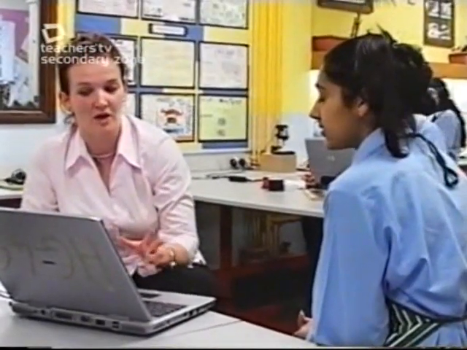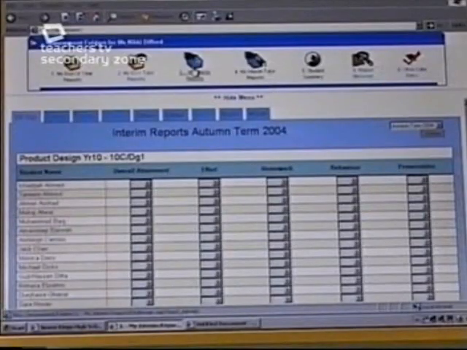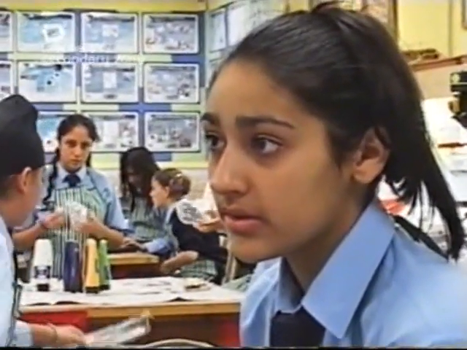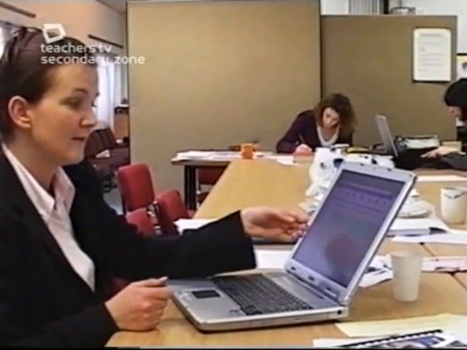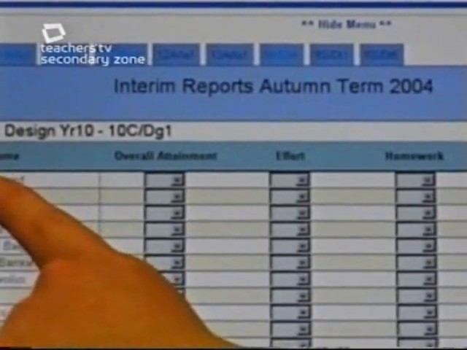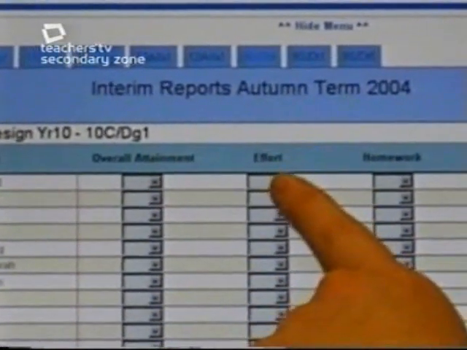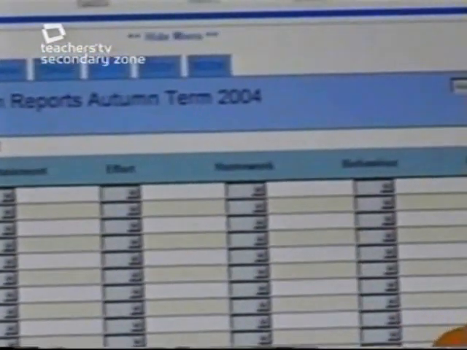Right, Jasmine, early into year 9, but what we're doing first of all is your interim report. That's due on November the 5th. Okay. And like we did last year, we're going to discuss all of the grades and all the criteria that you need to be given. I'll start recording it in their report now. Even though it's only November and the report doesn't go out till next March, it is very important that you sort of catch the moment live as it's happening. So what we've got here is student name, overall attainment, effort, homework, behaviour and presentation.